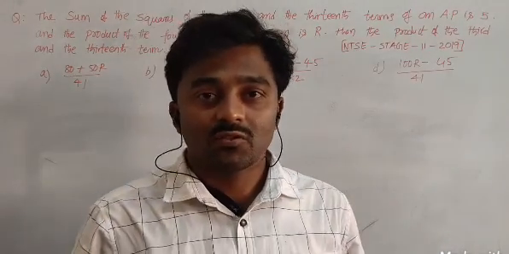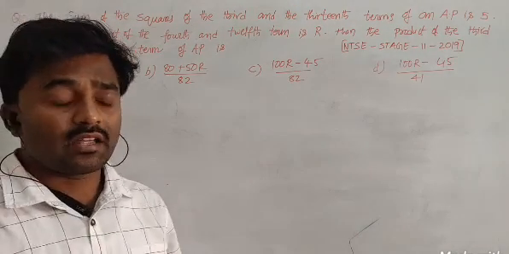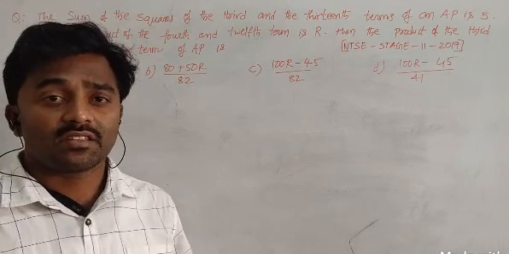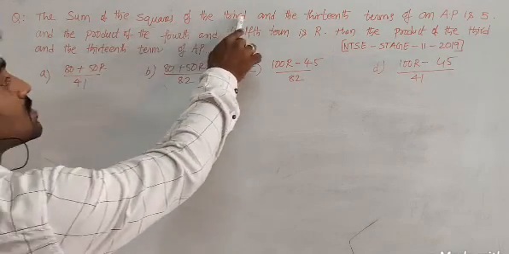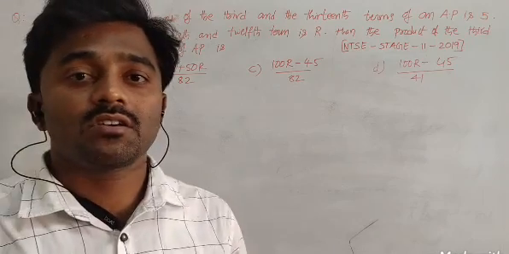Now see the solution. So what is given? Before itself I have read for you. Again I am giving and I am explaining what is given in the problem. So here given is the sum of squares of the 3rd and 13th term. Sum of the squares of the 3rd and 13th term.